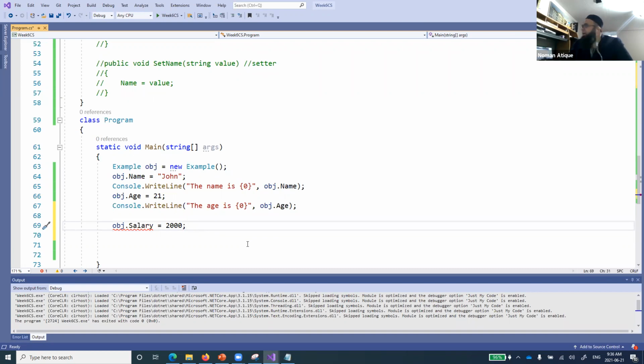Exactly. The setter is not there. Yes, you are right. And someone has mentioned that. So it is basically read only. Salary is a read only property. It's not a writable property. That's very good. Thank you very much.